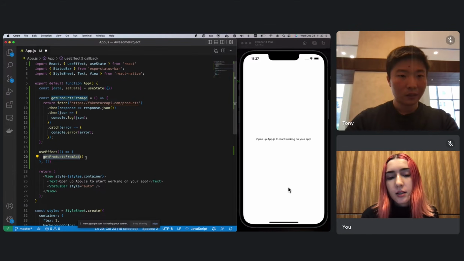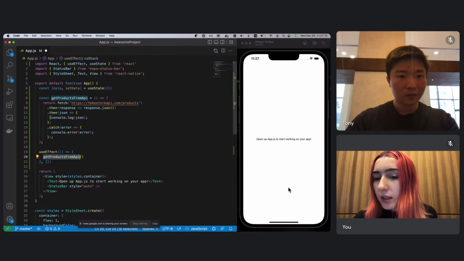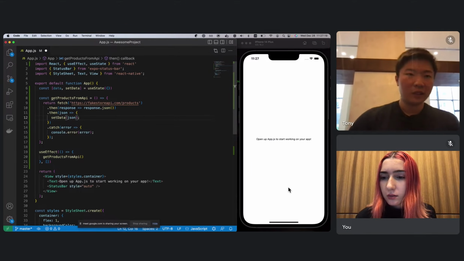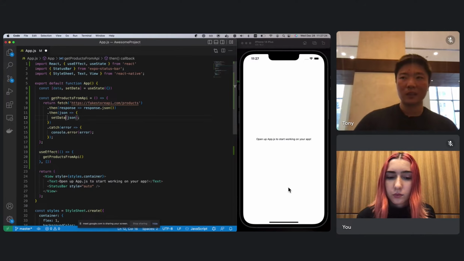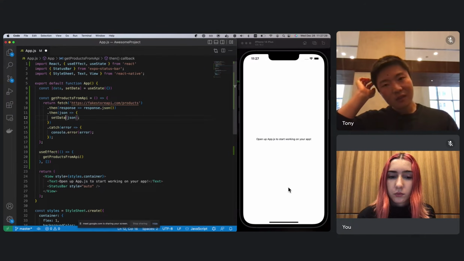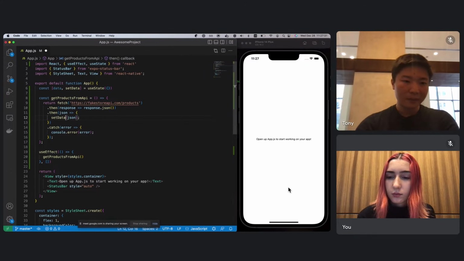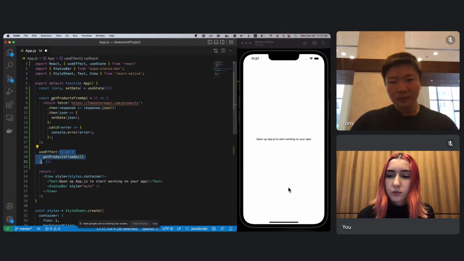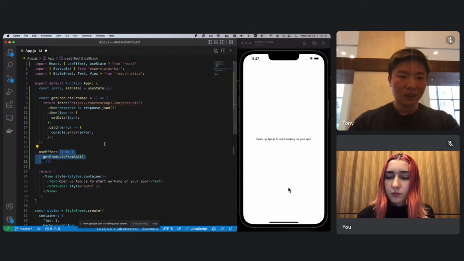Okay, and then when does the useEffect run? When the application launches, right? Yeah, so useEffect runs at every cycle. This is basically a catch-all for your React lifecycle methods for those that are familiar with those. This function inside useEffect is invoked every single time anything changes in the component.